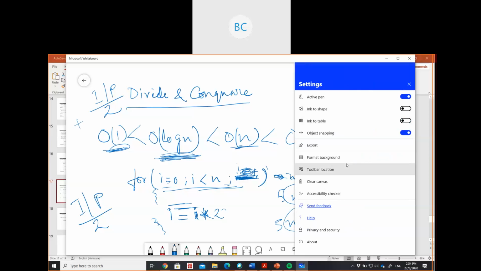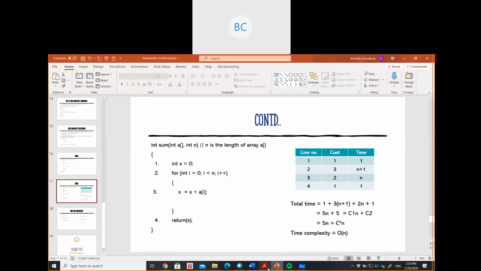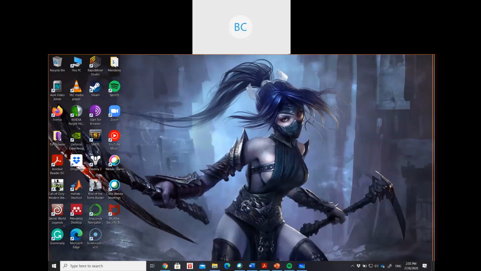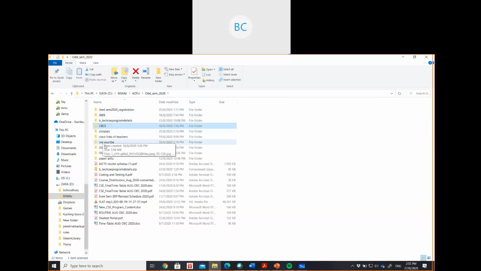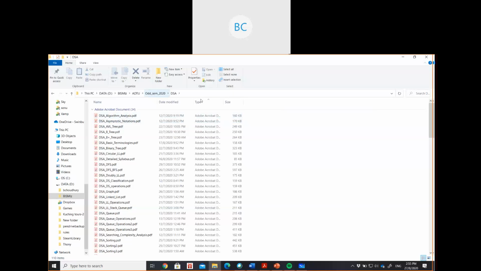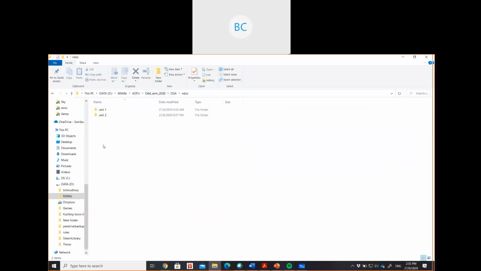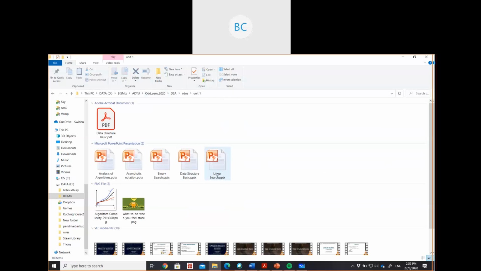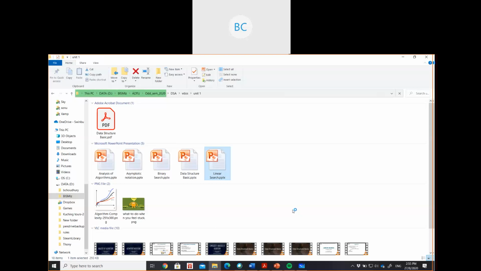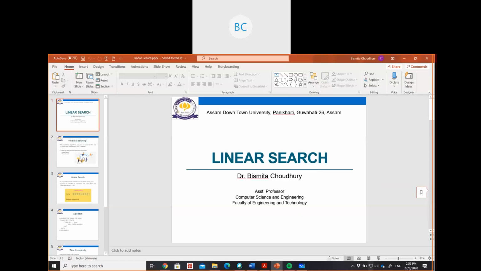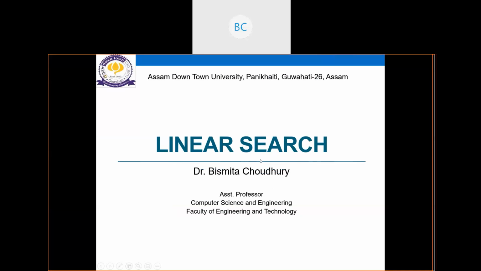Okay, let me go to linear search. You all can see, right?